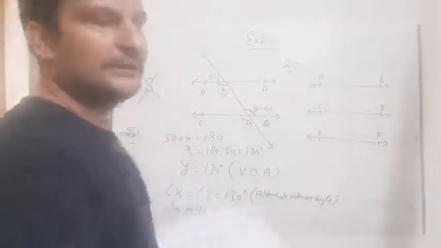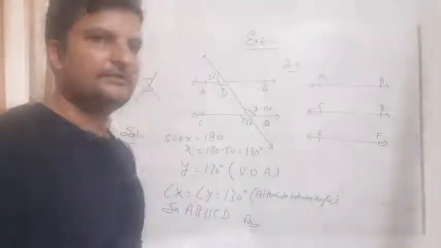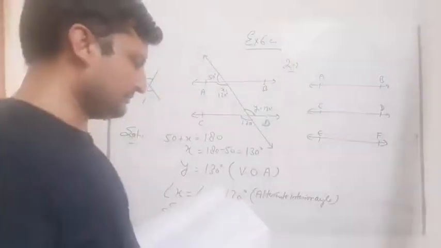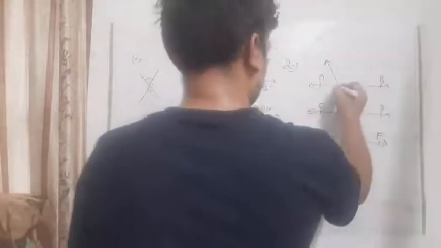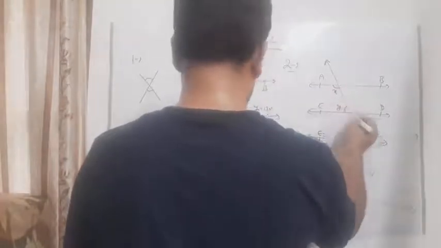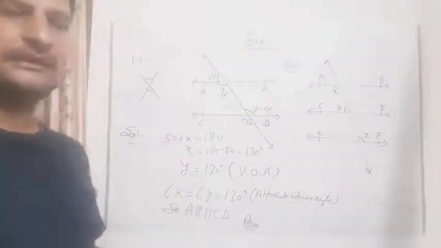Because all three lines are parallel to each other, it means all three lines will be parallel to each other. And y is proportional to z, and this is a transversal given. This angle is x, this angle is y, this angle is z, and the ratio y to z is given as 3:7.